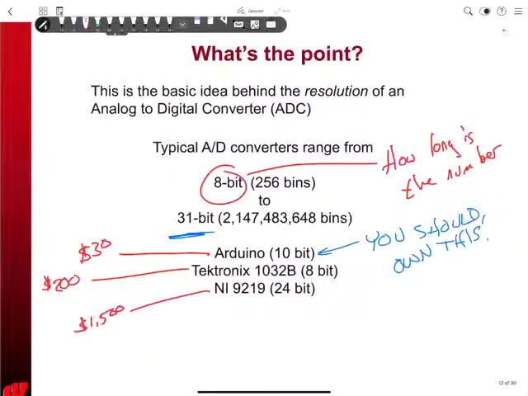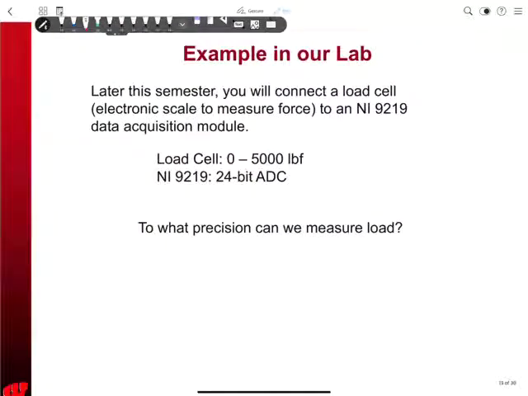All right, so let's back up just a little bit. Remember, we said, what's the point of this? Well, with only 256 bins, we can only measure to 1/256th of what we're trying to measure. And the more we spend, the more bins we get, and the better our measurement is. Okay, so later on this semester, and I'm going to qualify this with, hopefully,